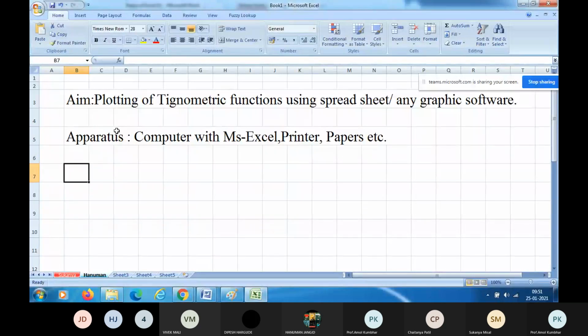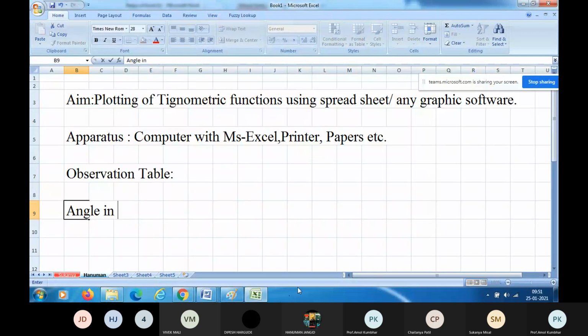Now let us first make an observation table. In this observation table, we are going to take angle in theta, angle in degree.